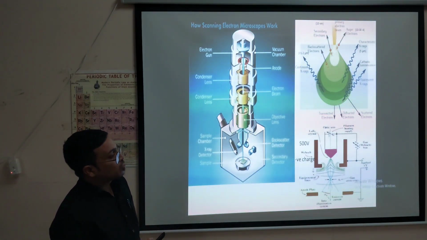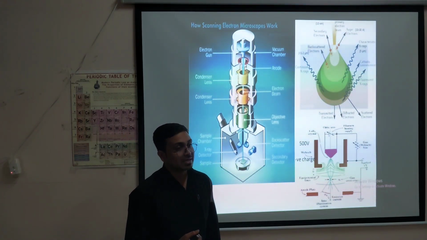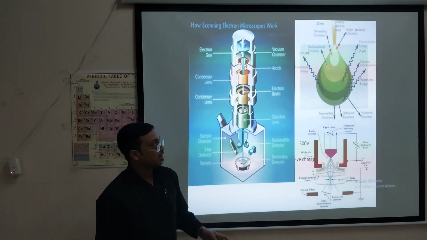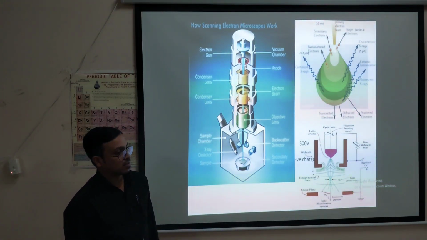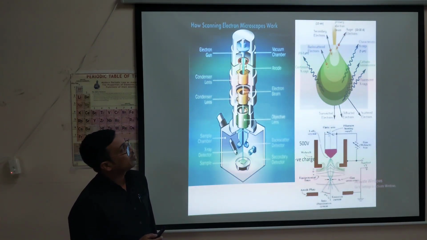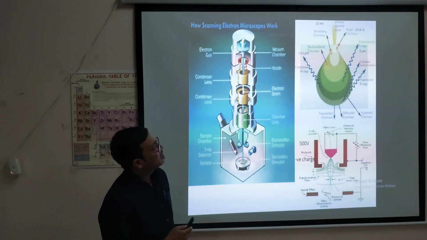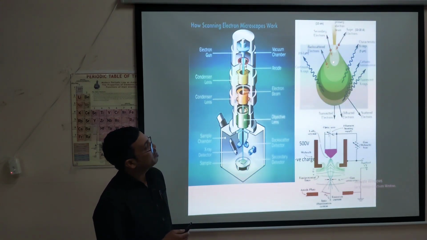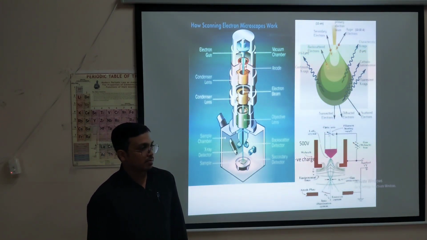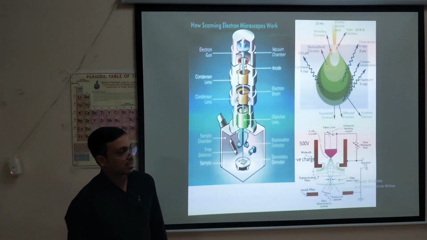And from these backscatter electrons you can have an idea about the crystallinity of the material also. But we do not go for all these types of analysis, rather we focus mainly on the secondary electrons. Look, backscattered electrons are produced when the electron beam reaches around less than 1 to 2 micrometer. From that point the electron gets scattered again, it gets backscattered.